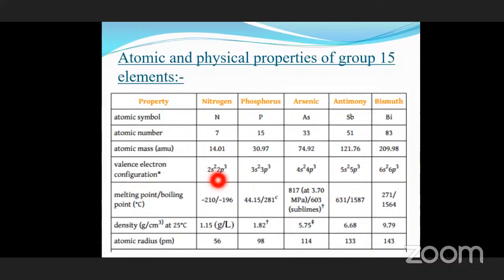Right, here already you know about the electronic configuration, whereas here are melting and boiling points. Here the melting and boiling points are present in an irregular pattern. The melting point of nitrogen is minus 210, and the melting point of phosphorus is 44.15, whereas arsenic has 817. What is the reason? Antimony again has a lower value, and again a lower value. That means the melting and boiling points of nitrogen increase and